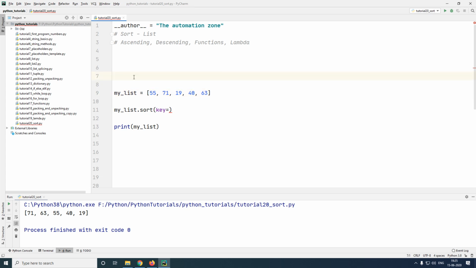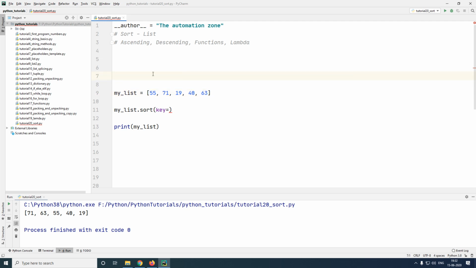Before we create a function, let us first try to understand why the parameter key is required. You see guys, if we do not give the parameter key, then the sorting will take place on the original elements of the list. But by using a function and passing it to the parameter key, you have a choice now to modify the elements to a value of your choice. The sorting now will take place on the modified list and not on the original list. Once the sorting is done, then the elements will return to their original value.